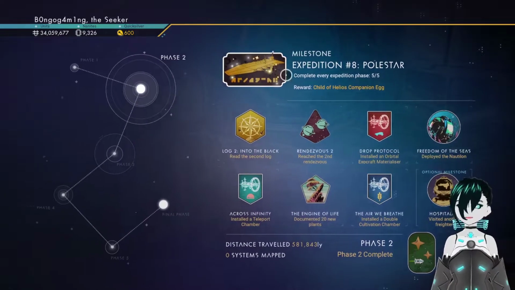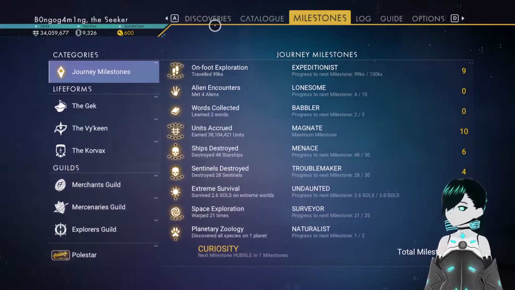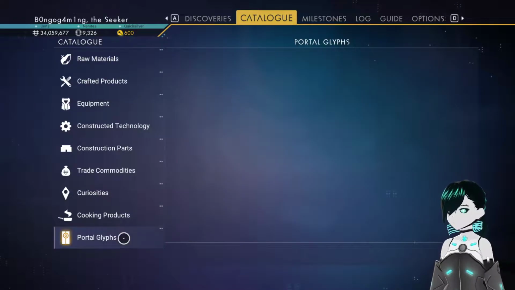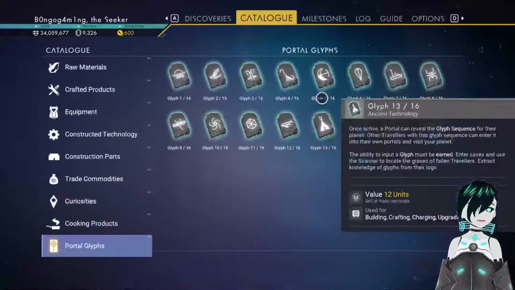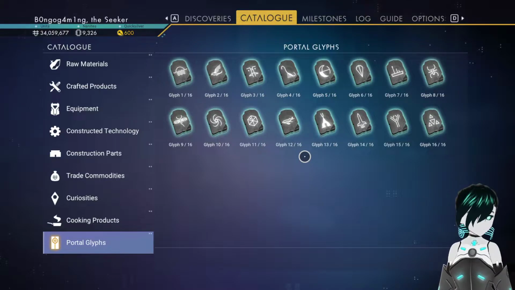And the 16 glyphs and the 16 glyph set. And to prove that I do have the glyphs, you can go to catalog, to portal glyphs, and there you have it, all the 16 glyphs. Normally, if you want to visit someone's